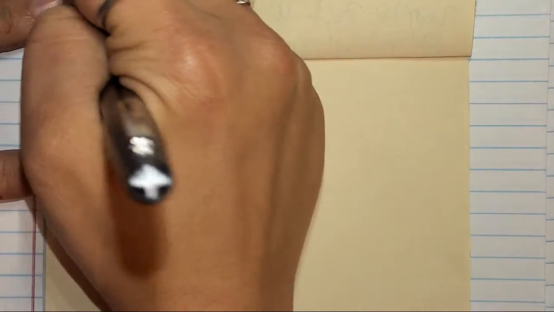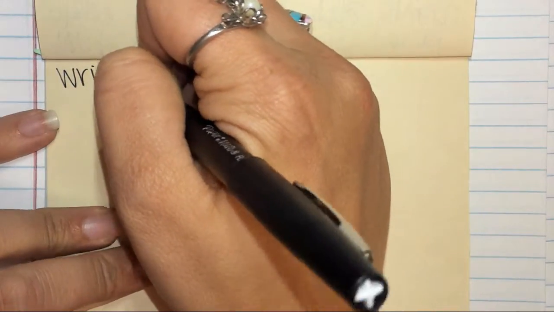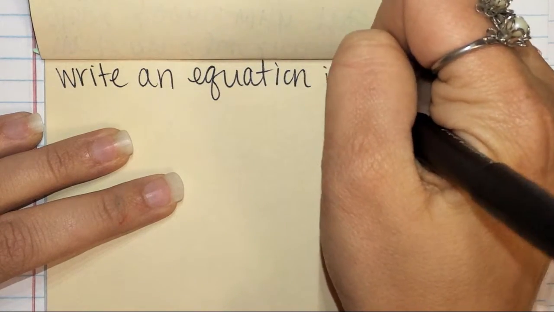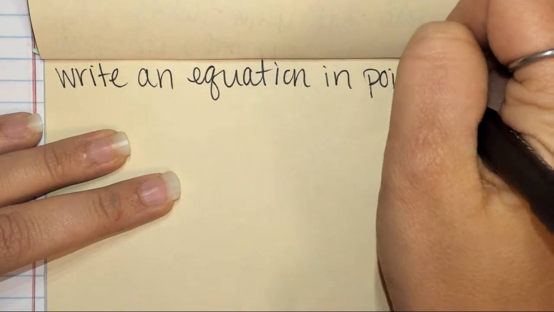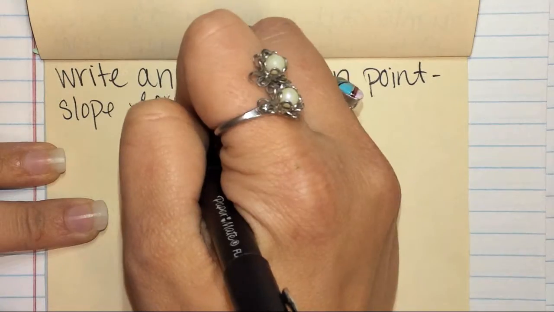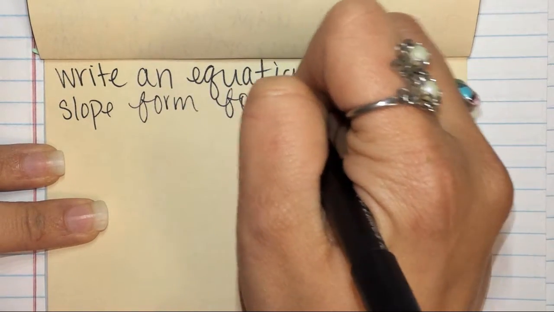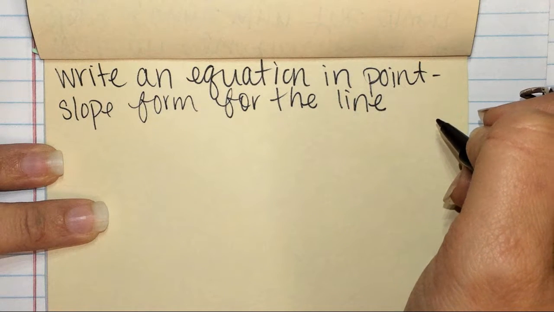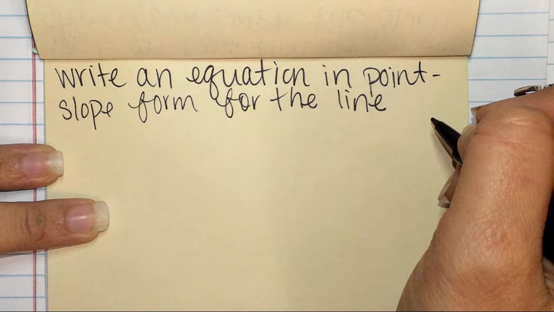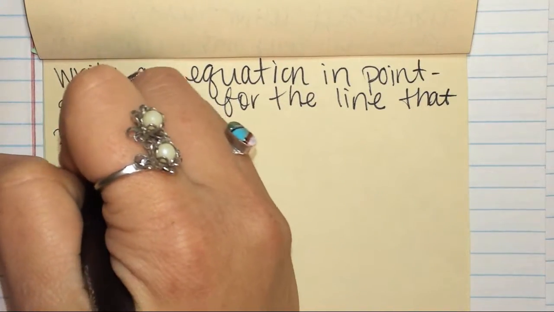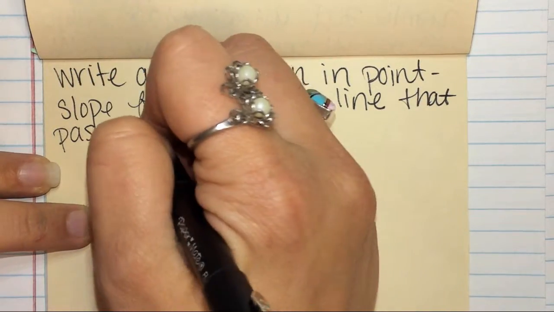Let's do our math. Let's talk about life. Alright, write an equation in point slope form for the line that passes through